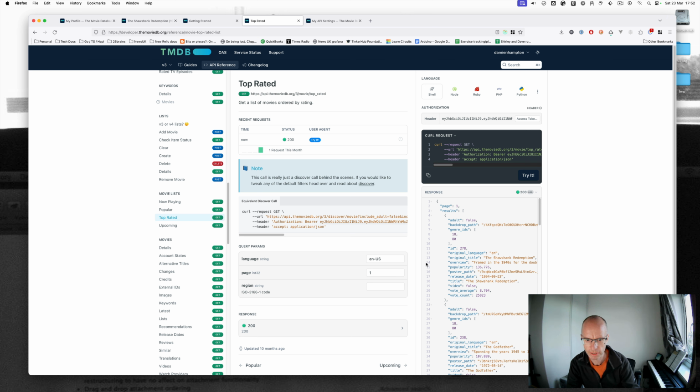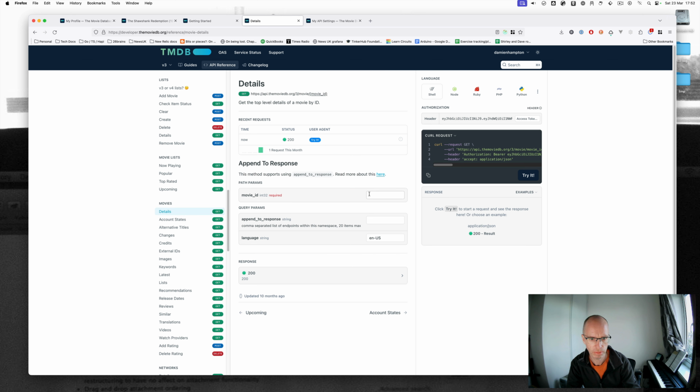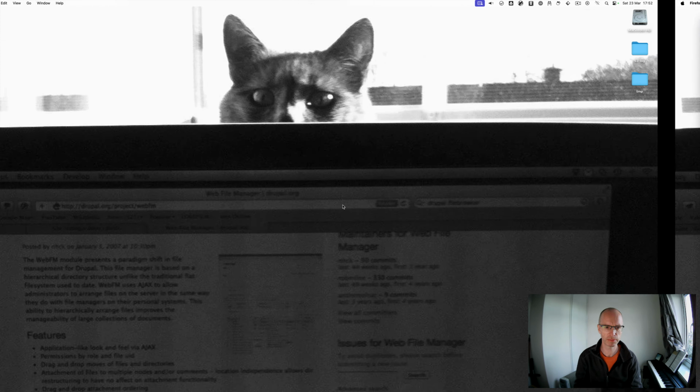So we've got Shawshank Redemption there. And the ID that we get back is just 278. So that means when we come down here, we can then do movie ID 278. So we can try that. That gives us back the Shawshank Redemption again. So I think it's reasonable to expect that that ID is probably not going to change for a while. And if our contract tests do start failing because of that, I think that's probably a reasonable